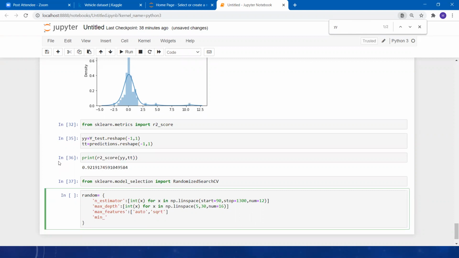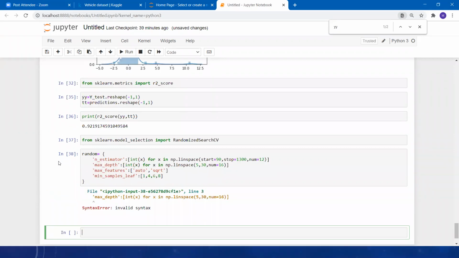In our decision trees as well. We can say it can be 1, 4, 6, 8. Okay, what is the issue with that? I just forgot the commas over here.